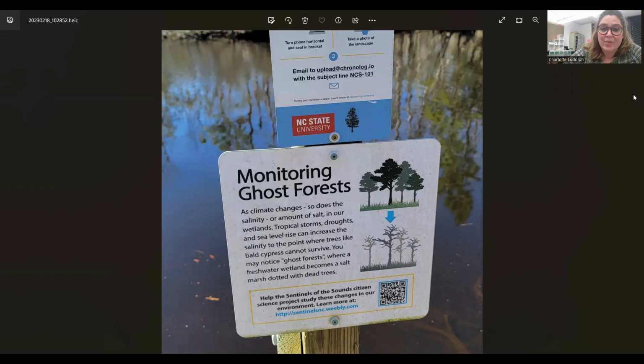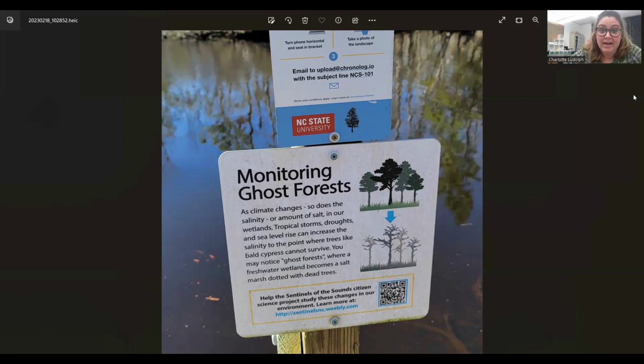When my husband and I went walking the other day, we saw this sign about monitoring ghost forests in our local park. On the walkway, it showed how changing salinity levels have caused the ghost forests in the area. The cypress trees simply cannot survive in this type of environment. This was the perfect opportunity for me to snap a photo,